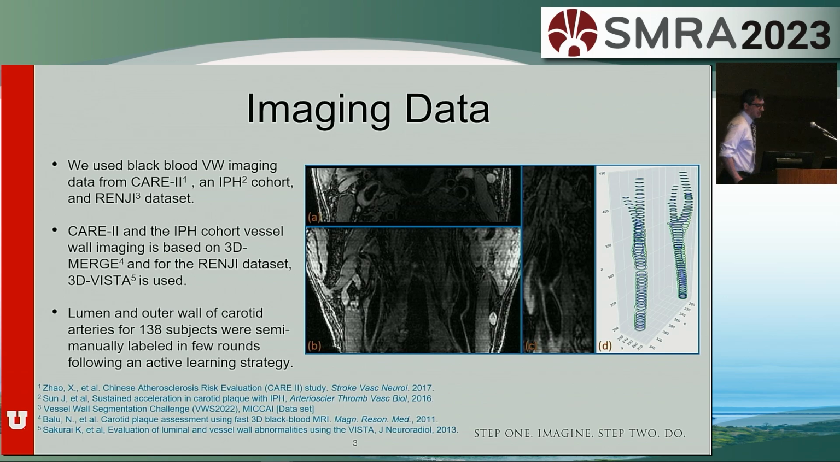The imaging data that was used for training and testing this framework are from three data sets: the CARE2 data set, the IPH cohort, and the RANGI data set. For CARE2 and the IPH cohort, the vessel wall imaging data were acquired using a 3D MERGE sequence, and for the RANGI data set, the 3D VISTA acquisition was used. In total, we had 138 subjects, and the ground truth segmentations were generated using a semi-manual